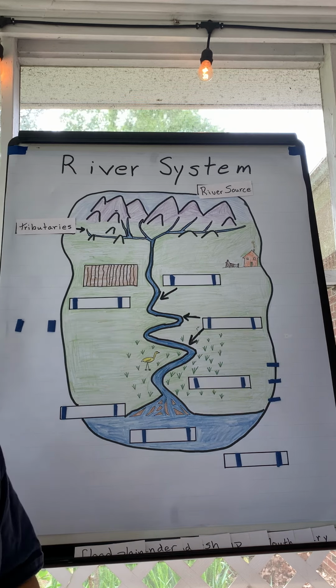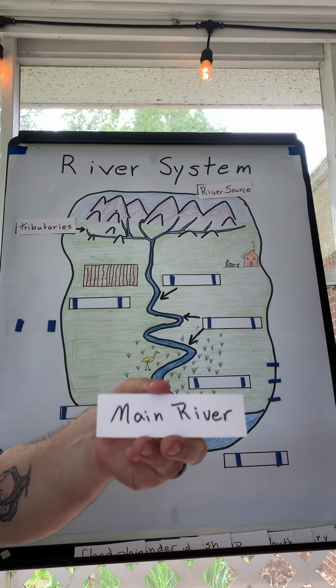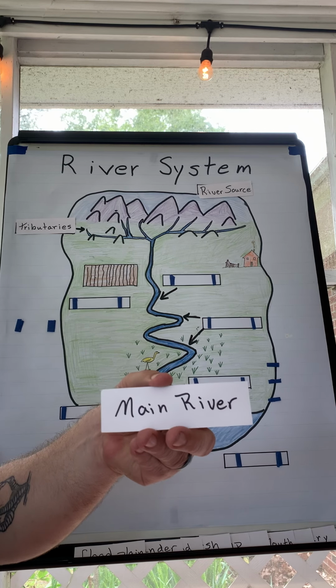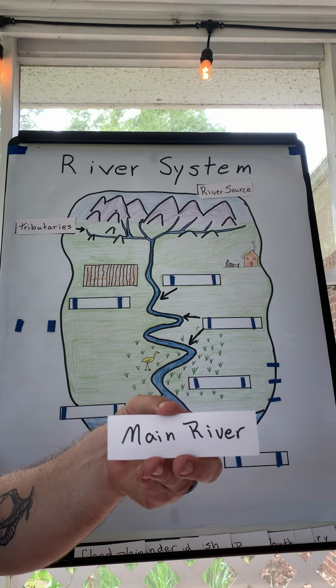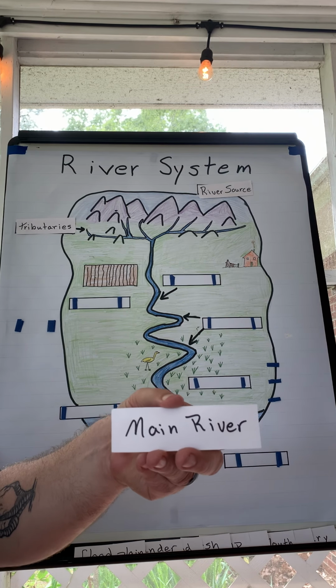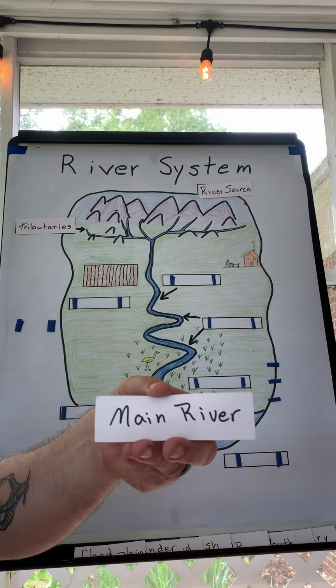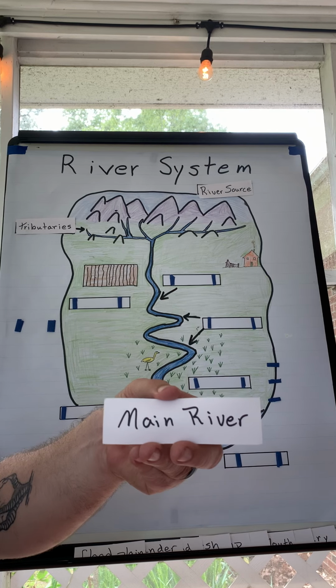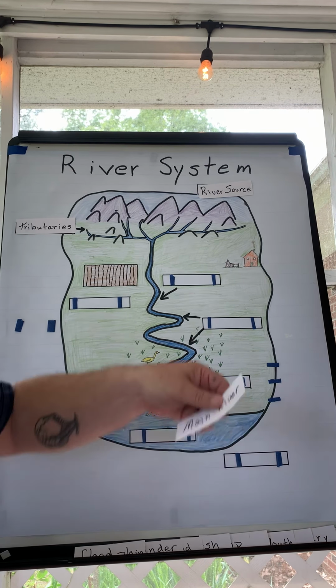Now, those tributaries, whether they are creeks, streams, smaller rivers, are then going to flow into the main river. This will be a named river like the James or the York or the Rappahannock or the Potomac. These main rivers are then going to be flowing, and all of these tributaries and the water is flowing down to this main river that is going to carry it on out to, in our case, the Chesapeake Bay.